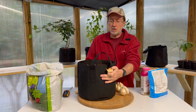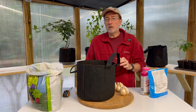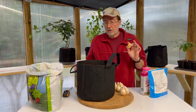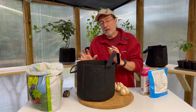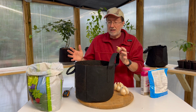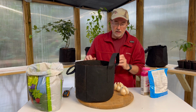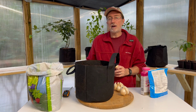So that's why we have limited space in a container like this. In the open beds where I'm going to plant some more later this week, I'm going to give it a lot more bulbs or cloves in each spot, but in something where we're confined to space, just remember about 3 per this size container, about a 5-gallon bucket or slightly smaller. You don't want to put 4, 5, or 6 because there's going to be too much crowding for the bulbs